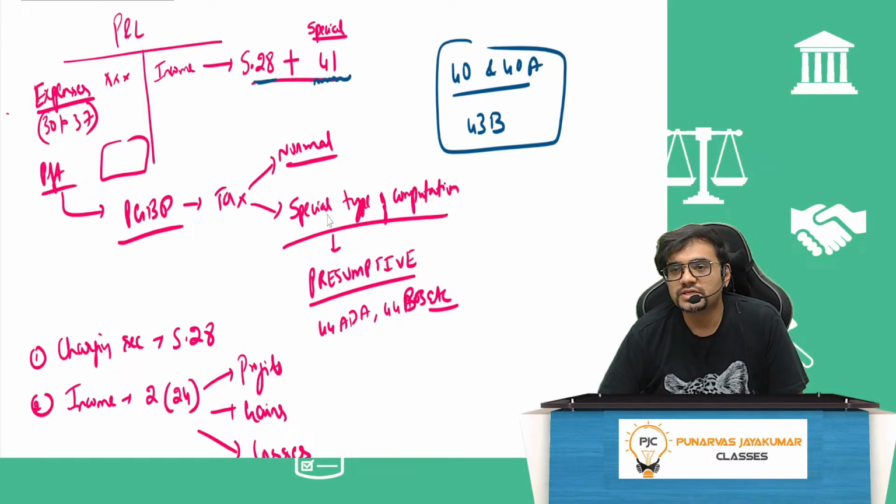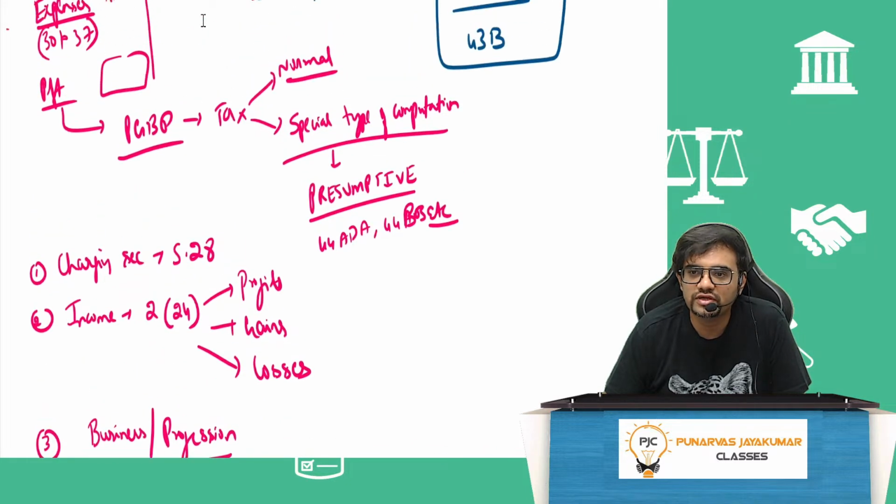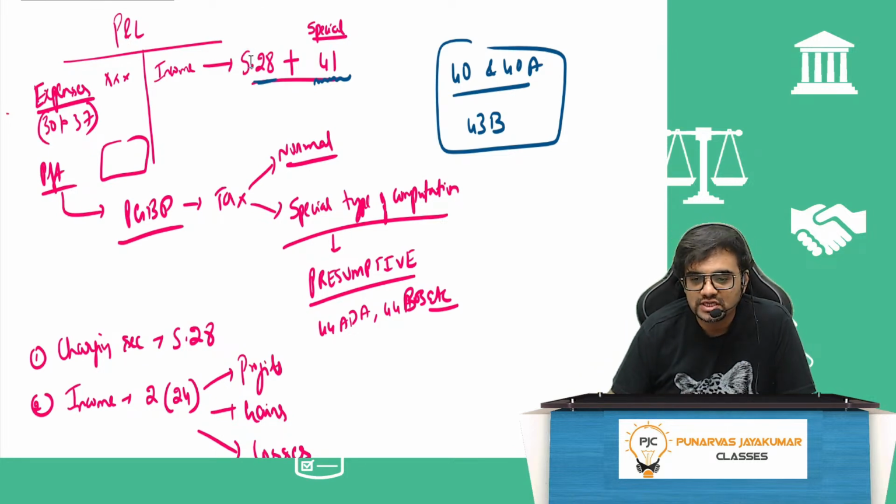Presumptive rate. So presumptive rate is what? That is, the law presumes that this should be the rate, and then it will charge. So presumptive rate of taxation is given under various sections, 44ADA, 44AD, 44BB, all those things we will see in due course of time. So one is normal rate, one is special rate of tax. So very, very simple. As I told you, this itself is PGBP.